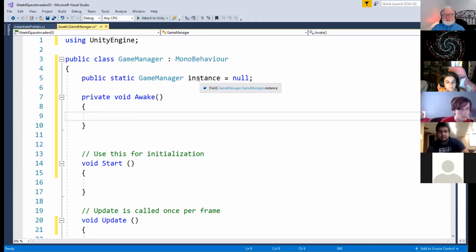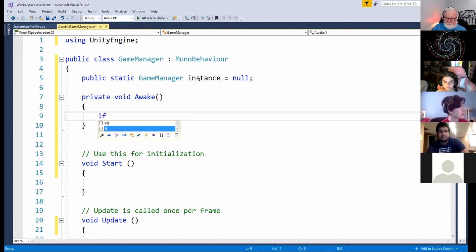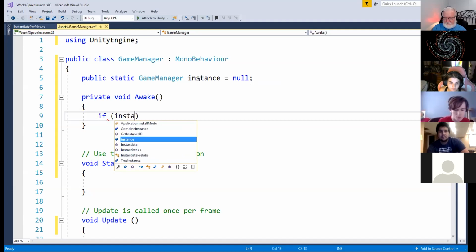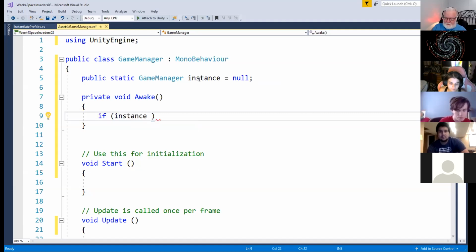We're going to check to see, okay, I'm only supposed to have one instance. So if I don't have any instances yet, I'm going to make one. But if I already have an instance, I've just been instantiated twice, I'm going to immediately destroy myself and not allow there to be more than one. That's the code that we're going to put in here. So if instance happens to be,